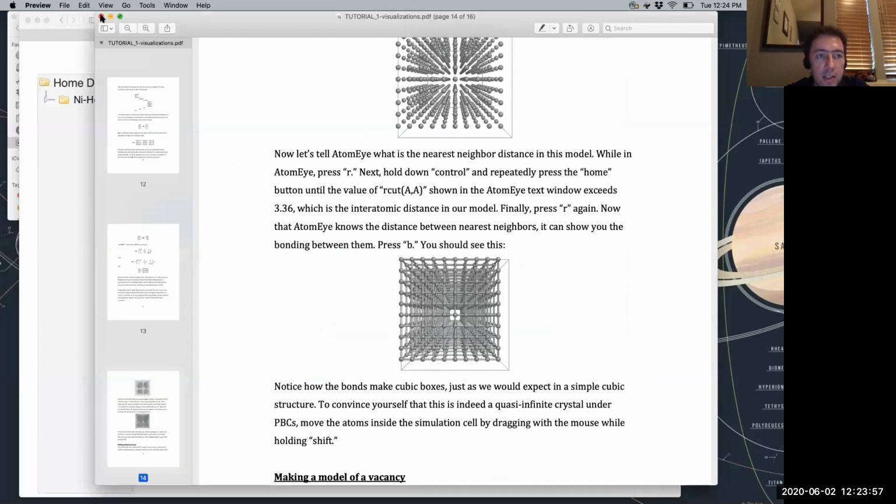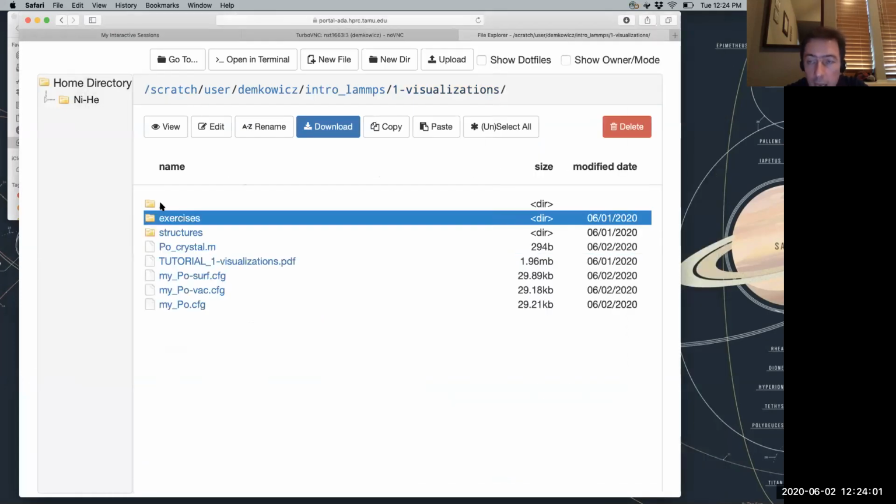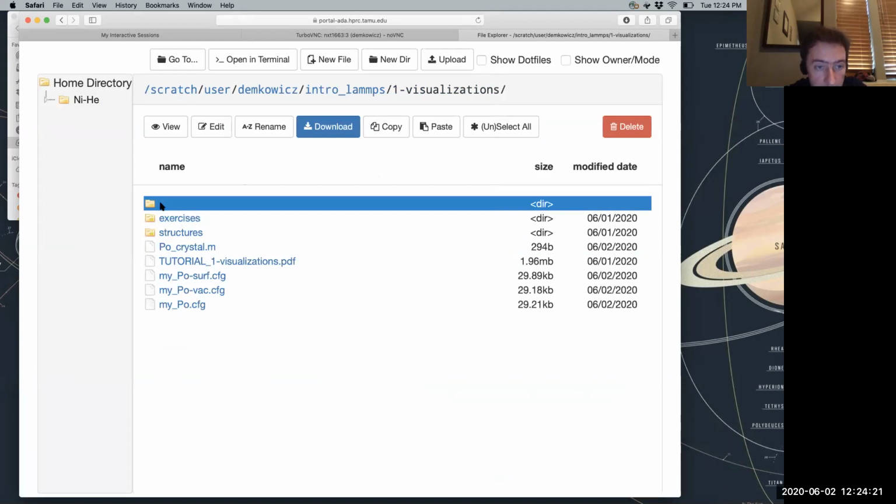In the next session, I'm going to start talking about calculating the energies of crystals, calculating the energies of crystal structures with and without defects in them, relaxing those crystal structures. And so, my hope is that you'll get proficient at being able to construct some of these basic structures so that you can then proceed to start relaxing them.